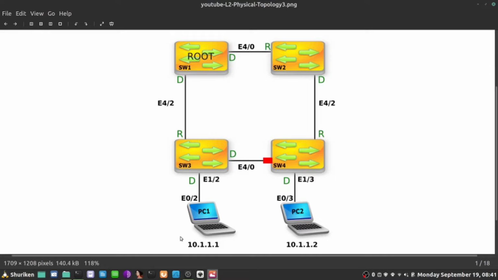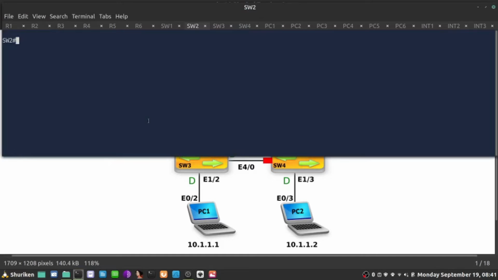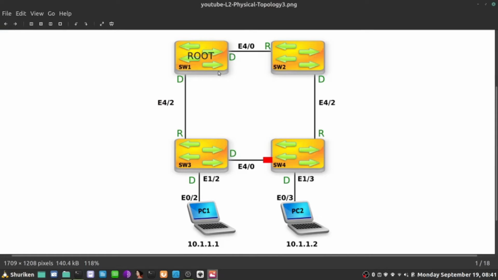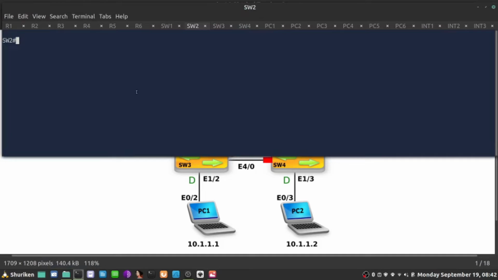So the way we do it is by selecting the root bridge manually, and there are two ways of doing it. Let's just say, for argument's sake, I want to select the root bridge to be switch 1, and in case of its failure, I want switch 2 to be its secondary root bridge. So I'm going to jump to switch 1, and there are two ways of doing this. Since we're running per-VLAN spanning tree